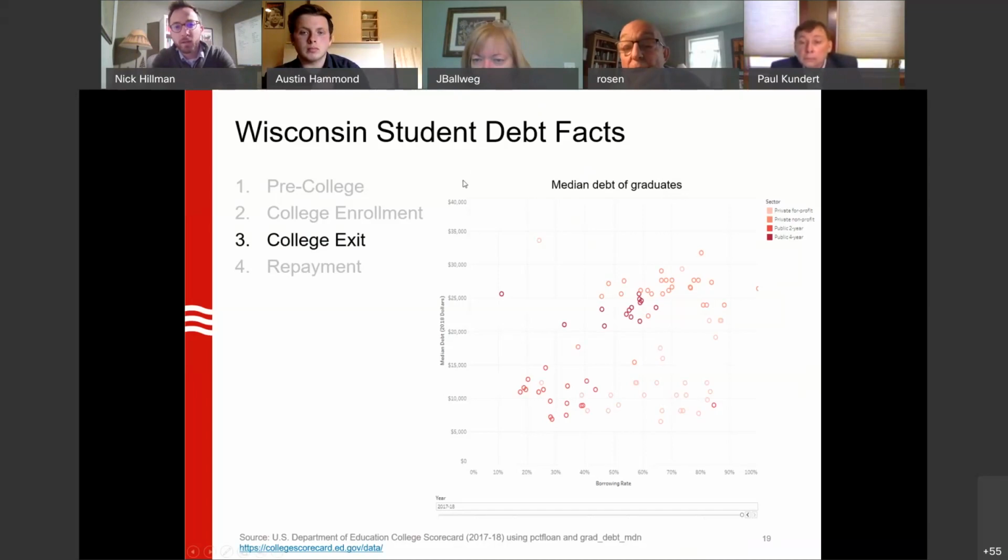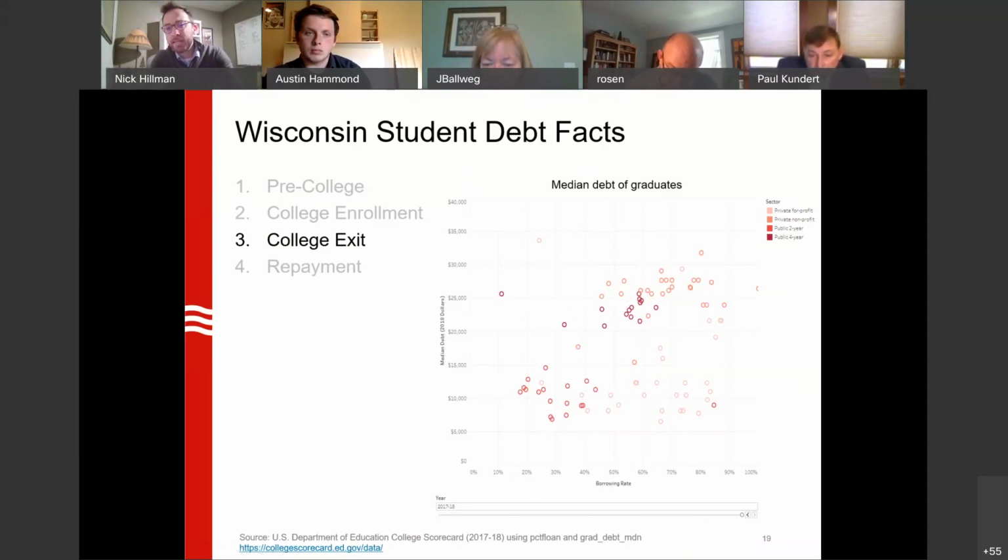But on the vertical axis right here, it goes from 0 up to 40,000. This is the median debt of a completer, somebody who finishes their degree. What's the median amount that individual owed upon completion? And here on the bottom, on the horizontal axis, it shows what percentage of students are borrowing. And so you can see, for example, that one cluster of schools is up here. These are your four-year institutions. Students are borrowing anywhere between $20,000 and $30,000. And then down here, basically your two-year institutions, when students complete, they owe between $7,500 and